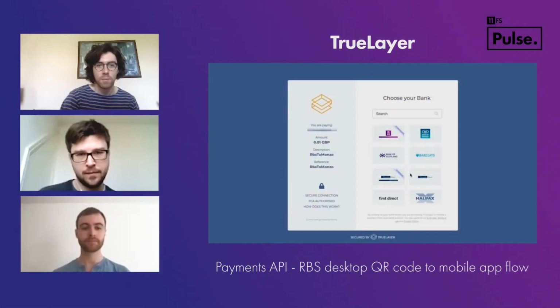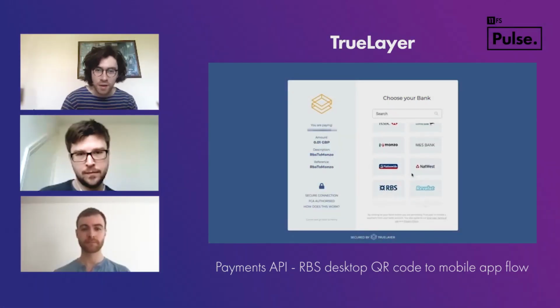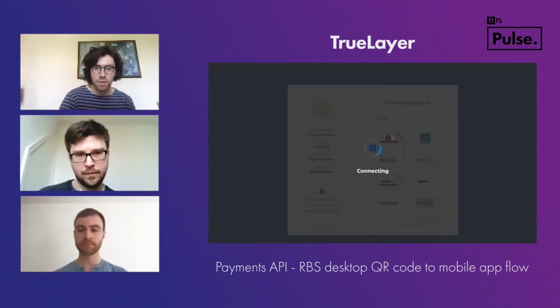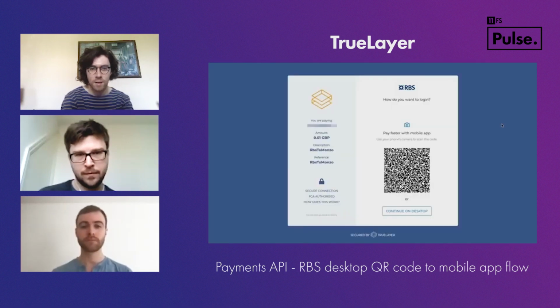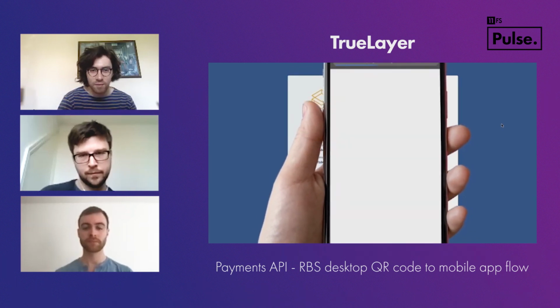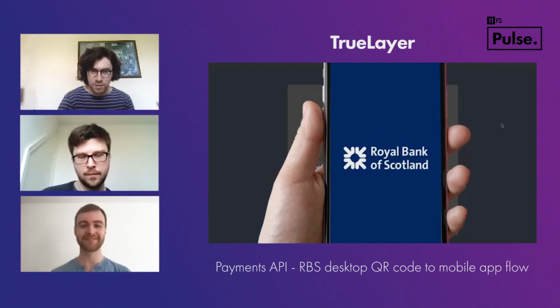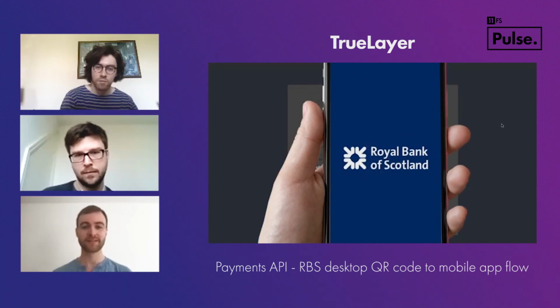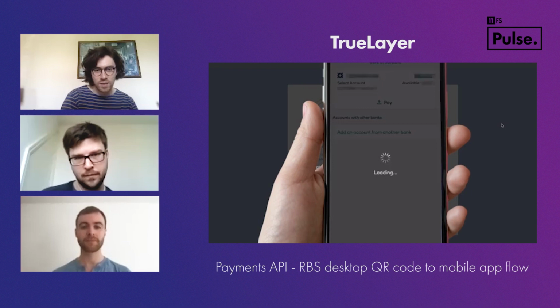And then finally, we're going to take a look at the desktop version of the TrueLayer Payments API. So this is a really fascinating one. It sort of kicks off with clicking on the bank. In this case, it's RBS. And then there's the ability to scan this sort of QR code thing. Got that little hand getting involved there, scanning straight into the RBS app, verifying via our Face ID there,